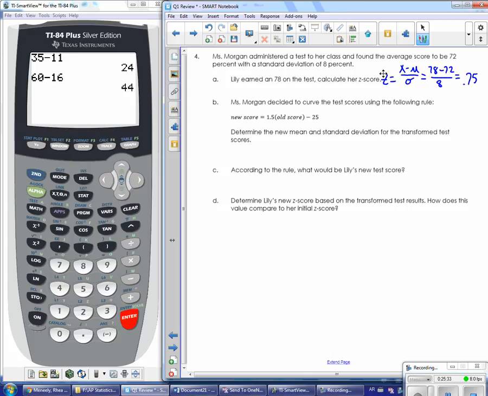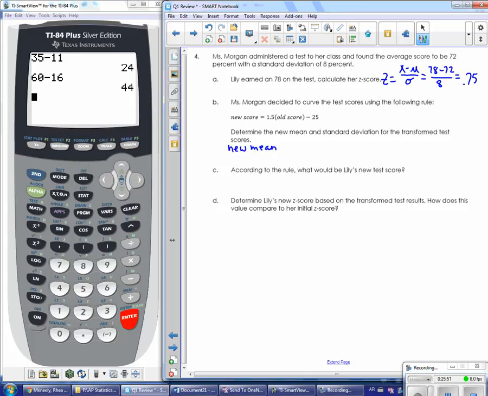So in letter B, it says, Miss Morgan decided to curve the test scores using the following rule. She's going to take 1.5 times the old score and subtract 25 points. Determine the new mean and standard deviation for the transformed test scores. So if I want to find the new mean,